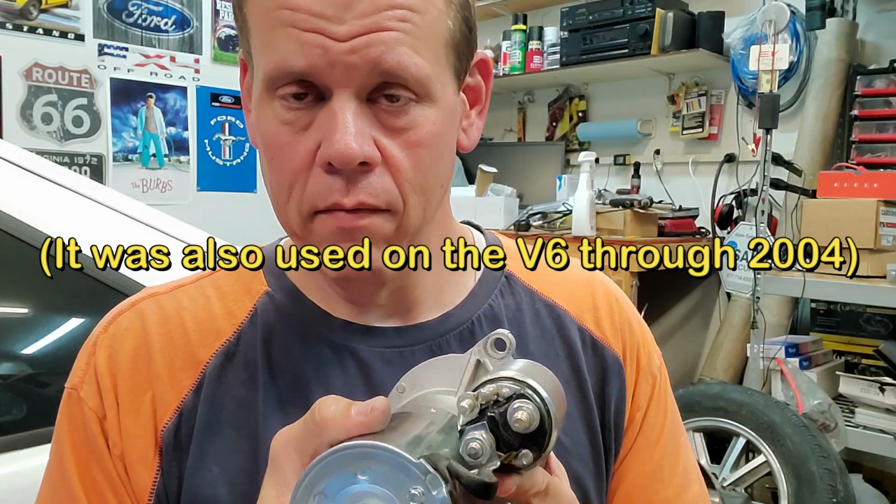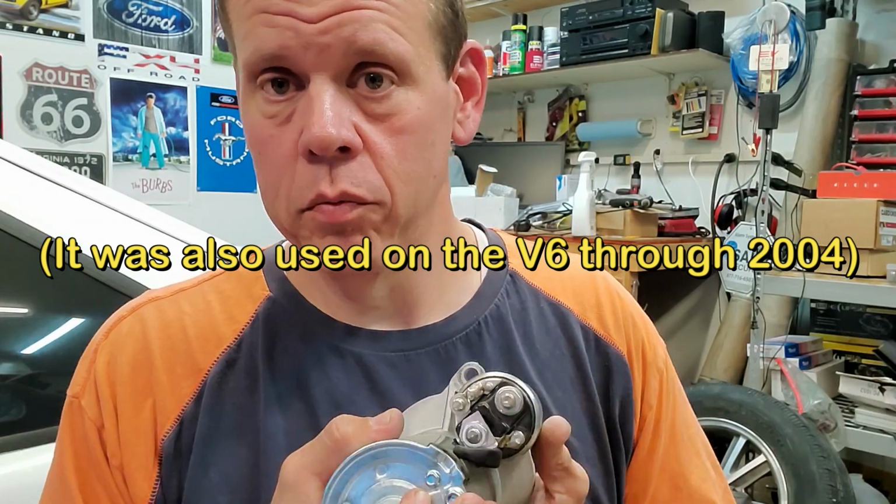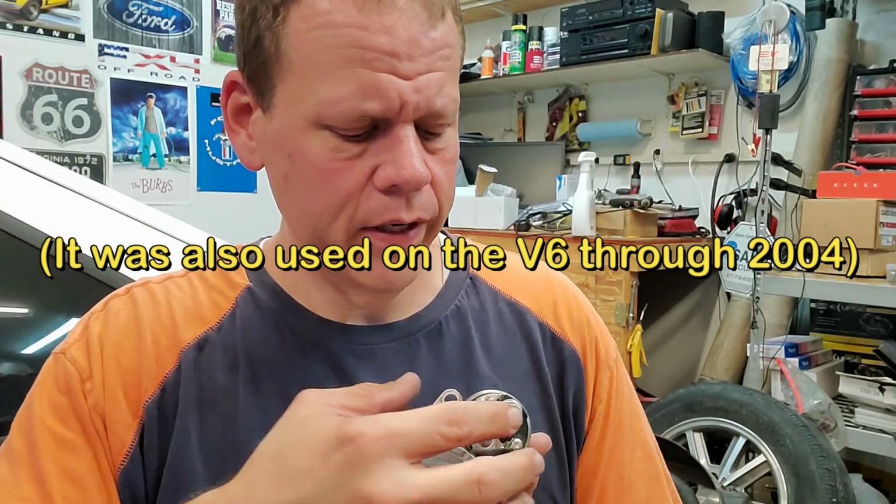This is a starter for the, I'm pretty sure it's 92 to 95s. I think this also came on the 3.8 liters on the SN95 3.8s, and possibly the new edges. I don't know. Anyway,